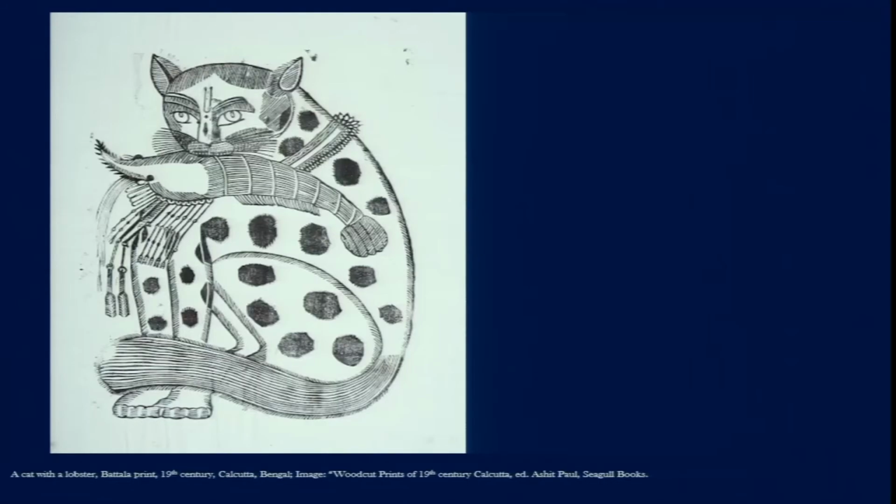So this is something that talks about a larger social commentary and this satirical view of the society that comes with these images. This kind of images were widely circulated, and initially we see them with the Kalighat images, and then with the advent of the Batala prints we see them widely circulated as print. So these images, as I have already mentioned, Batala is not a place of specialized